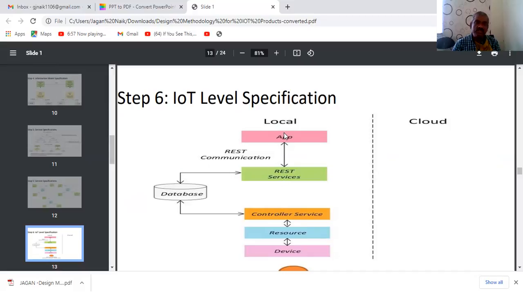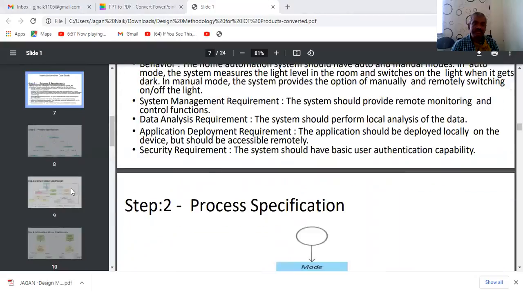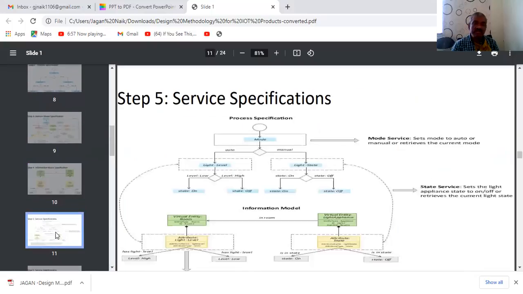If you are choosing the local data for a particular application, there is communication between the REST services and the app. Then it can be controlled by considering some kind of data, and we can use the resources as well as devices to perform the automation, by designing the automation concept, right?